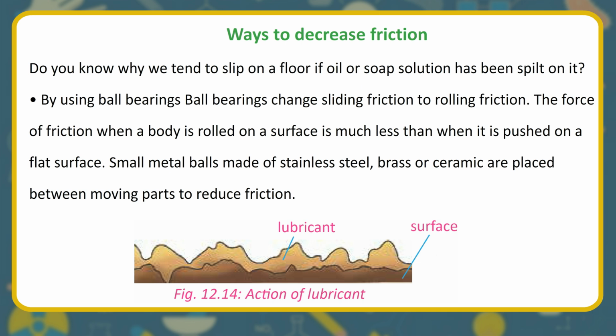Do you know why we tend to slip on a floor if oil or soap solution has been spilled on it? By using ball bearings. Ball bearings change sliding friction to rolling friction. The force of friction when a body is rolled on a surface is much less than when it is pushed on a flat surface. Small metal balls made of stainless steel, brass or ceramic are placed between moving parts to